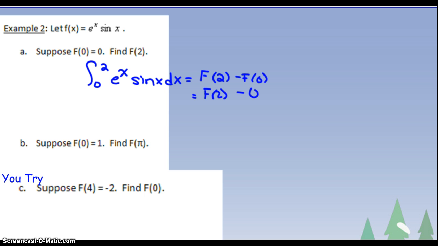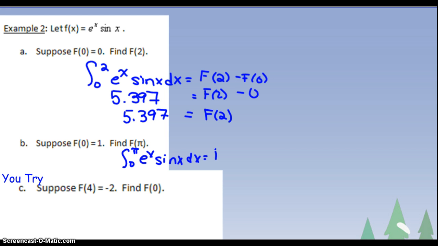At this point in our career, I don't know how to solve this integral yet, so I type it right in the calculator. Going right to the calculus button, taking an integral, and I can see that F of 2 is 5.397. Okay, starting in B here, we're going to go 0 to pi of the same function,